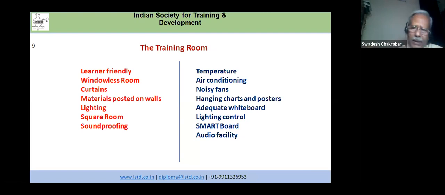So they'll sit in the first row. The number of people in the rows will be more, so it's better. The square room is better. There should be an arrangement of soundproofing, because if soundproofing is not there, it can create disturbance with the students